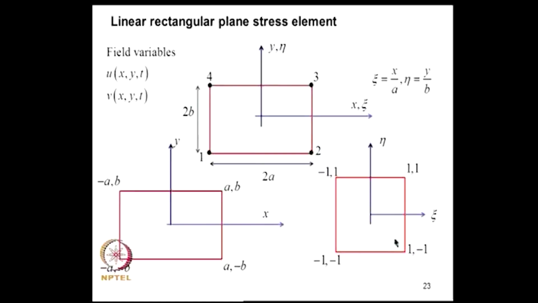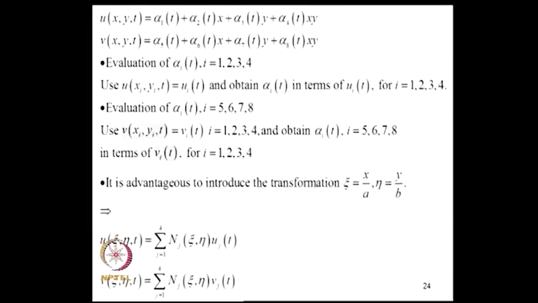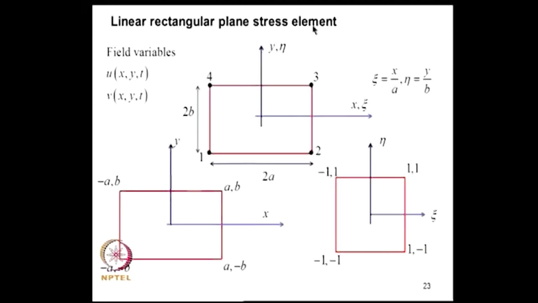Now, the advantage of this is, as we saw, we are going to evaluate elements of mass and stiffness matrices by carrying out a quadrature over this area, and by making this substitution the evaluation of those integrals becomes simple and systematic. So, again we start with the displacement field. We assume that u is alpha 1 plus alpha 2 x plus alpha 3 y plus alpha 4 x y. Similarly, v is a constant plus linear functions in x and y and a quadratic term in x y. I will discuss why it should be chosen in this form subsequently. So, the field variable is u of, suppose you consider